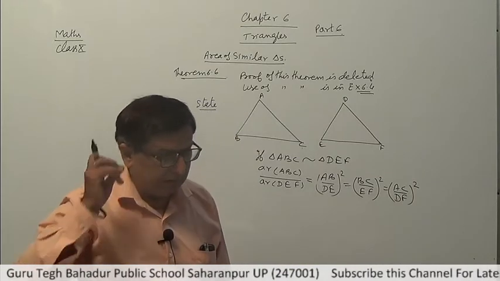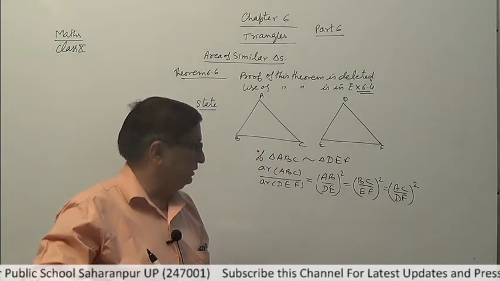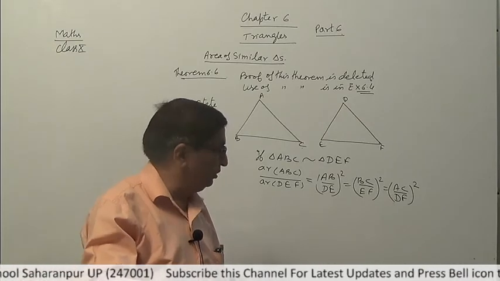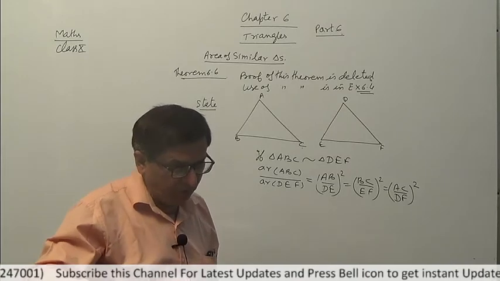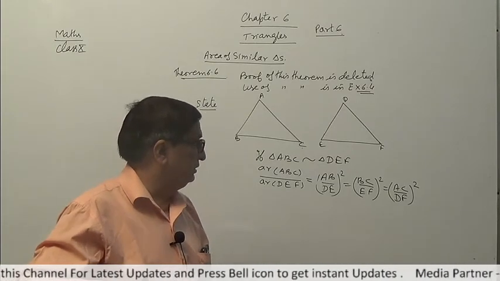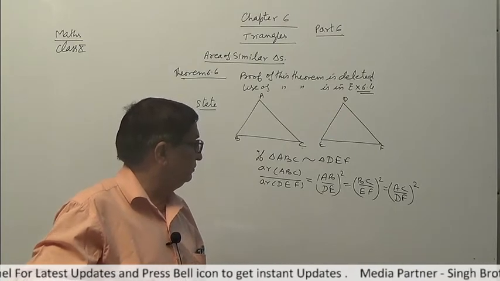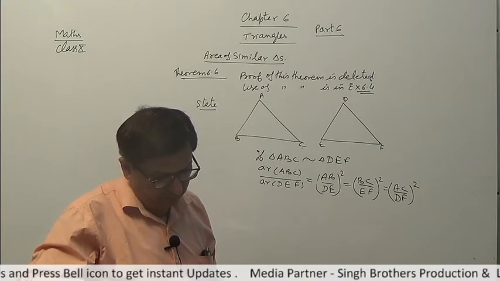When the two triangles are similar, the ratio of their areas is the ratio of the squares of their corresponding sides. This is the statement. We will use this statement and do exercise